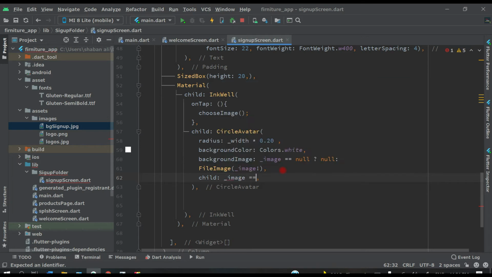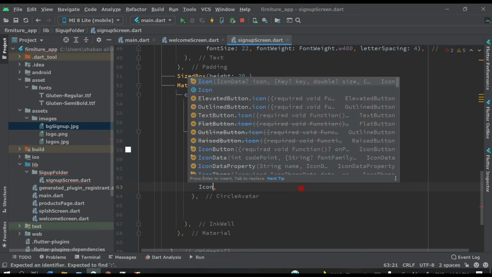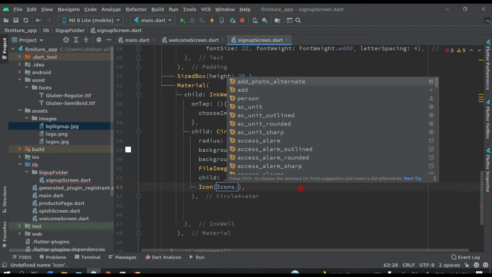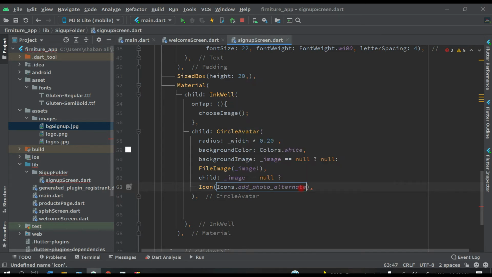If this image is equal to null, what we have to do? We have to show an icon, Icons.add_photo. This we will show.